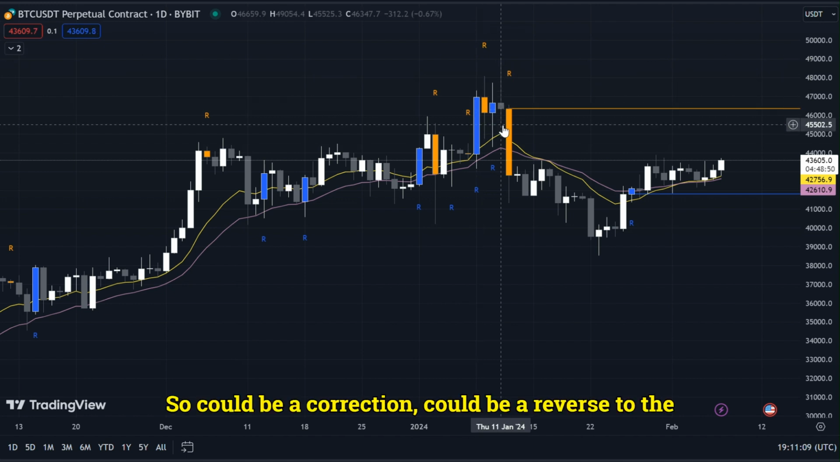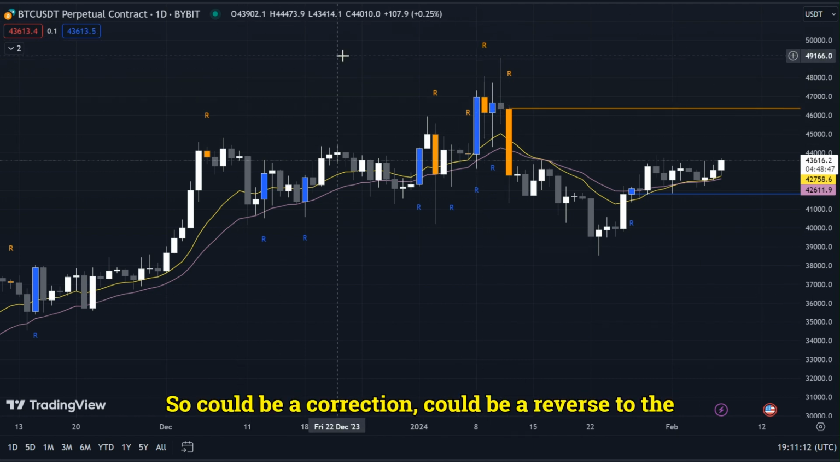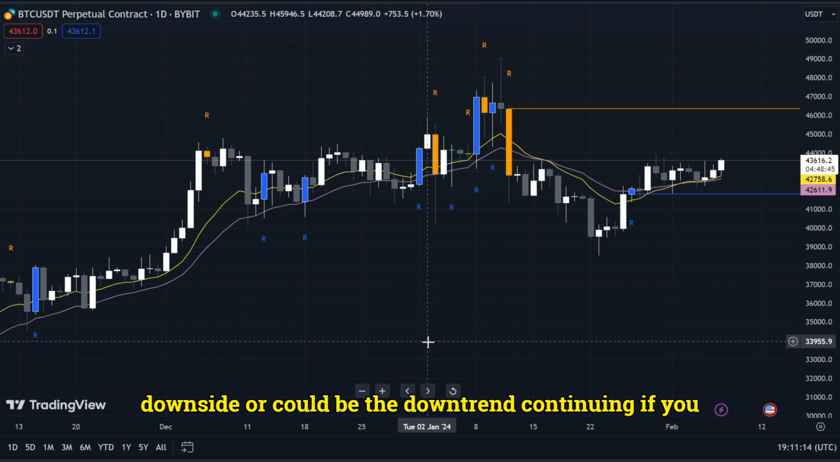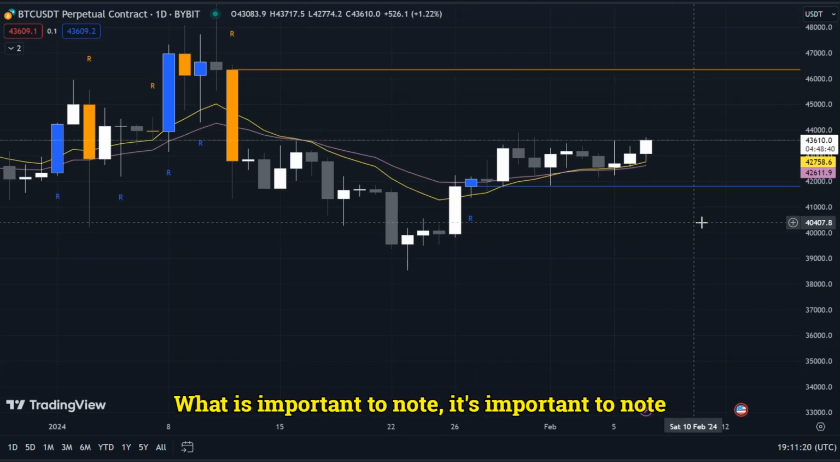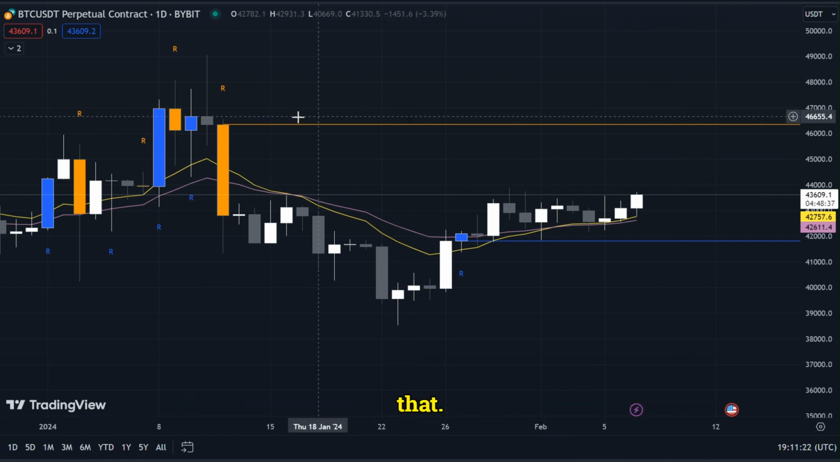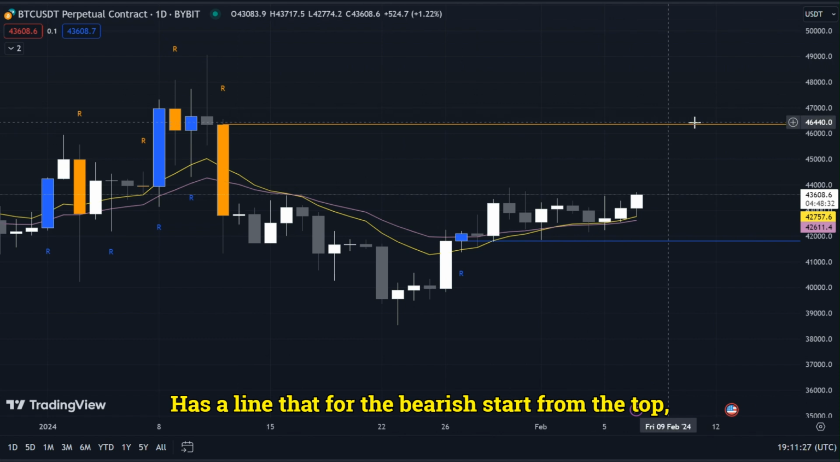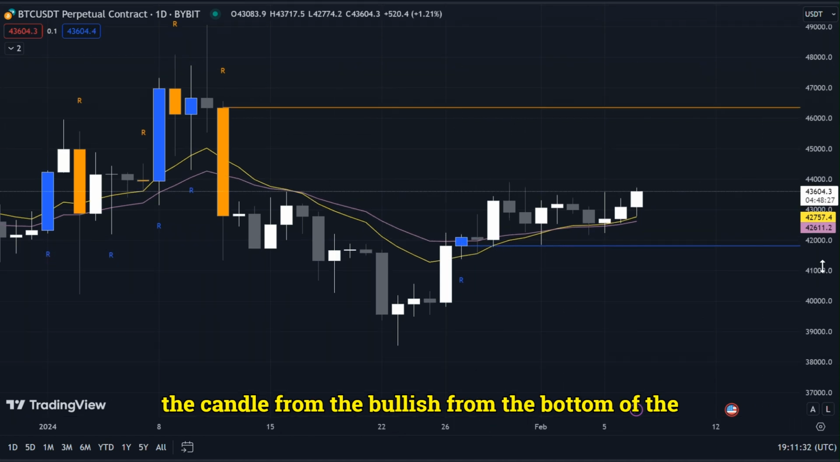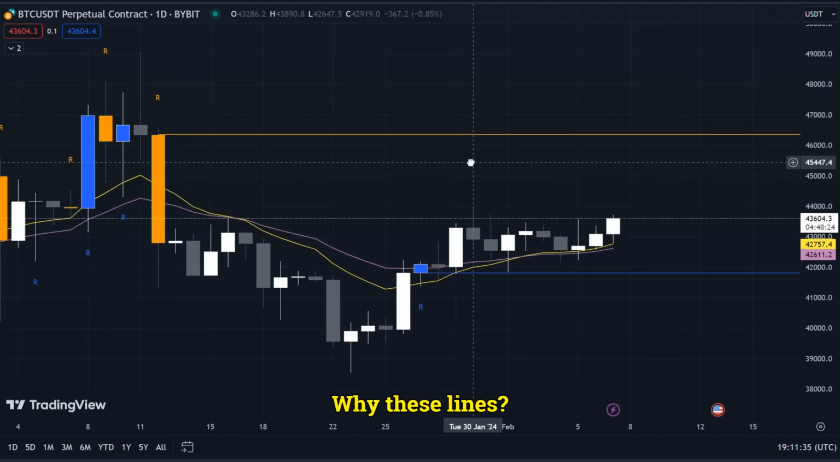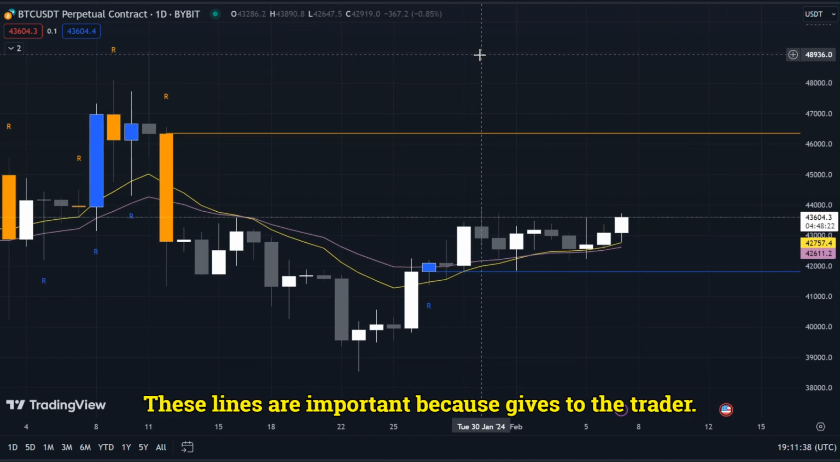So it could be a correction, a reversal to the downside, or the downtrend continuing if you are in a downtrend. What is important to note is that each candle has a line that, for the bearish, starts from the top of the candle, and for the bullish, from the bottom of the candle. Why these lines? These lines are important because they give the trader